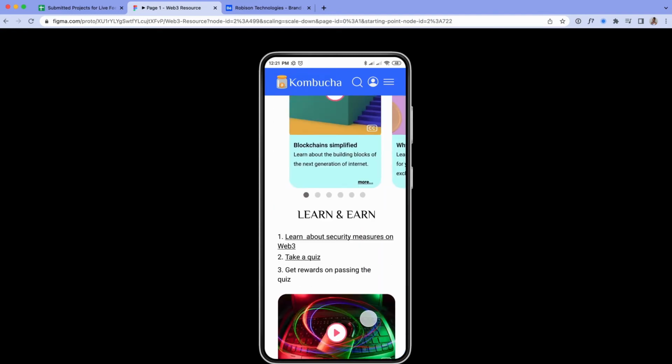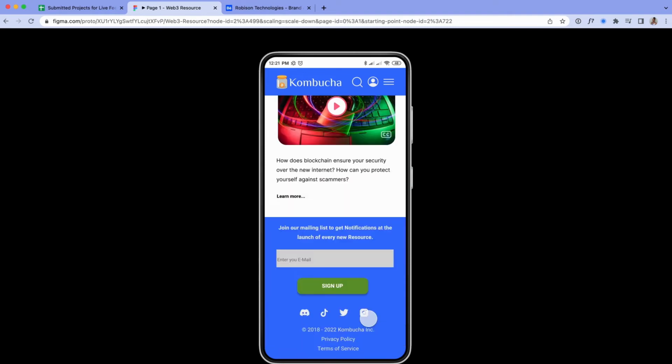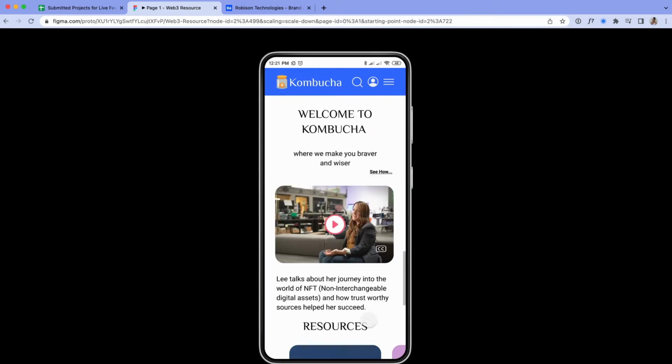I think the only thing is, because this is a prototype, there might be a separate case study attached to it. So I don't want to say that you should provide an introduction or an overview, because that might be something you are working on separately. So in terms of just evaluating the prototype itself, I think the hero section needs a bit more information on what exactly this is, because I'm aware of kombucha the drink, but this is kombucha and something related to crypto. So it's a very different